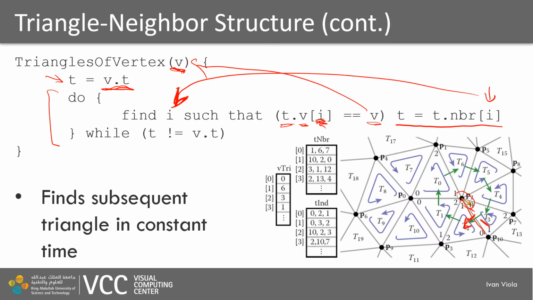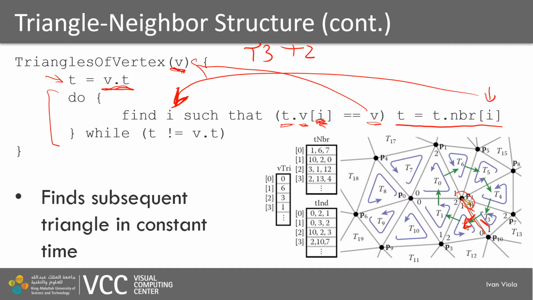So we have found that T3 is one triangle which contains P2, and the next one will be T2. And then we are again entering this loop, we are now having the t storing the T2, and we are searching at which position is